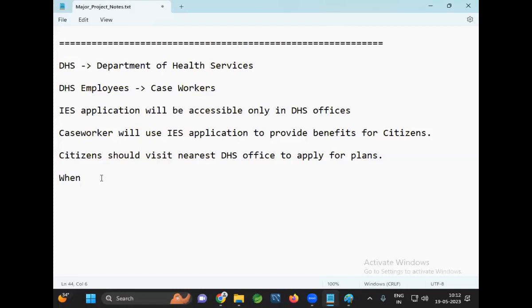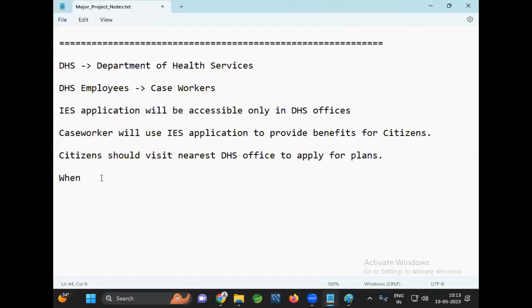What is your qualification? What is your highest degree? Which college? Which university? What about your family? Who is your father? Who is your mother? What are they doing? How much are they earning per month? How much tax are they paying per month? Do you have any siblings? What are they doing? What is your family income? What is your rental income? What is your family expenditure? Do you have any properties in that state? Are you getting any rent income? Are you getting any other extra income? Like that, that employee will collect all the data from the citizen.